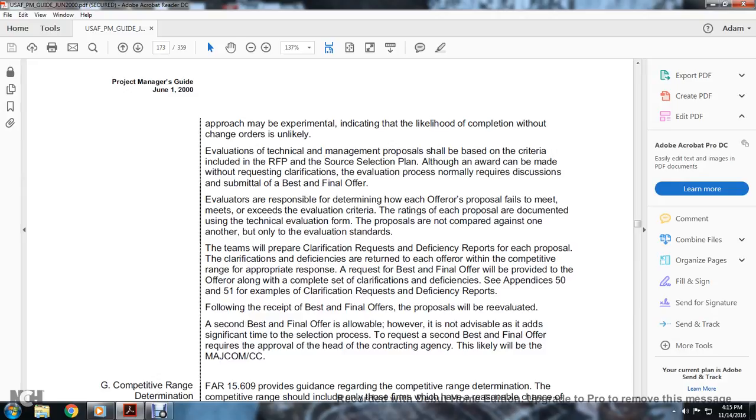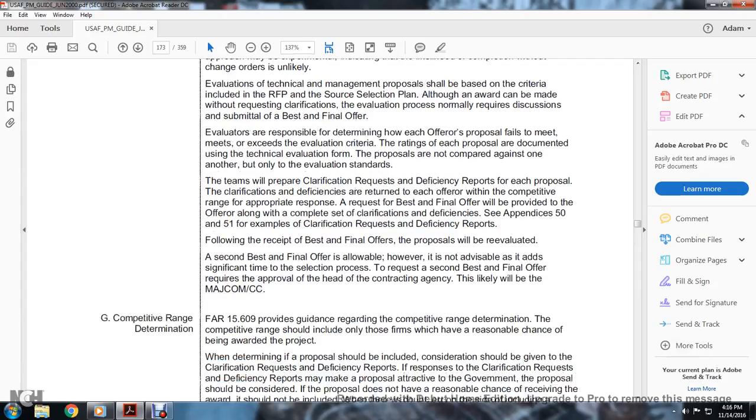The request for best and final offer is provided to the offeror with the complete set of clarification deficiencies. See Appendix 50-51 for an example of the clarification request and deficiency report. Following all requests for best and final offer, the proposals will be reevaluated. A second best and final offer is available; however, it is not advisable and adds significant time to the selection process. To request a second best and final offer requires the approval of the head of the contracting agency, and it likely will be a major